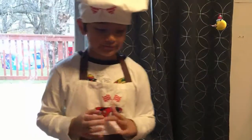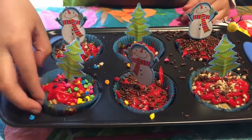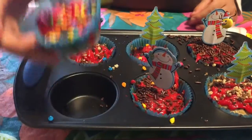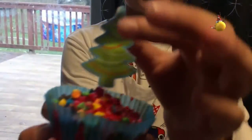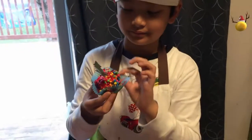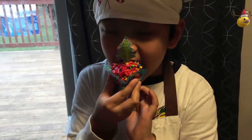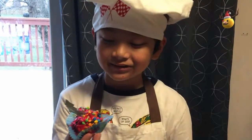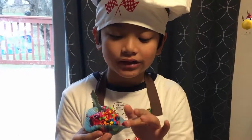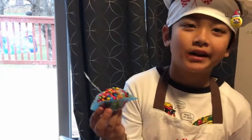Nice. I'm gonna try one. I'm gonna try this one. It has a tree. Nice. Yes. Crunchy. It's not like a regular muffin, but it's good. It tastes like